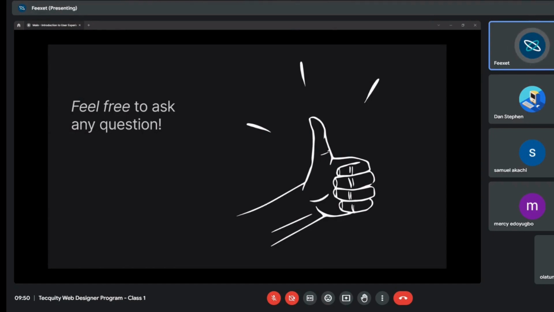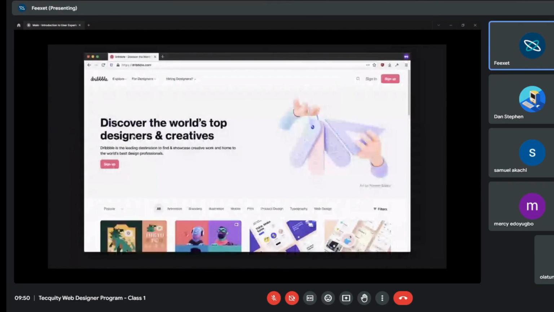So UI design basically talks about the user interface. UI means user interface. It basically talks about the visual elements of your design, what users interact with, like the screen, the buttons, the toggles, the icons. Let me see if I can show you an example. So this is the user interface here. So what do you interact with here? You interact with